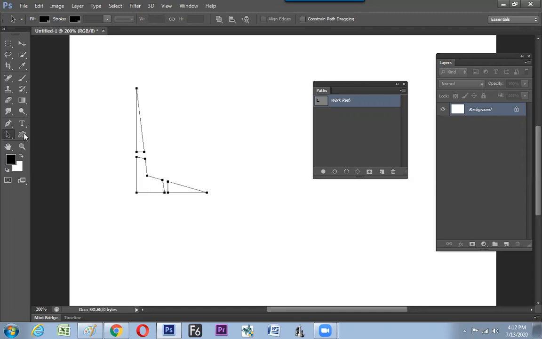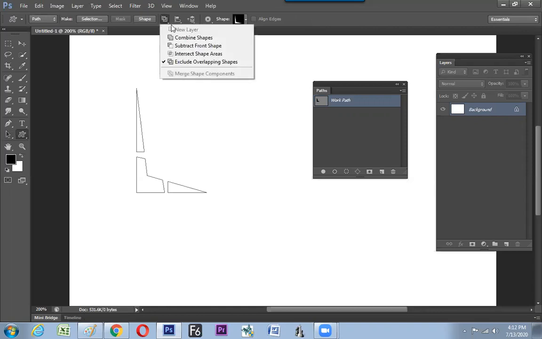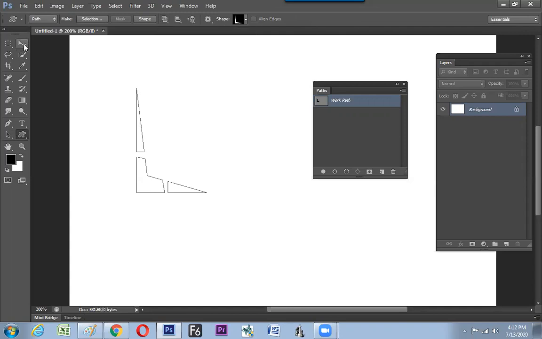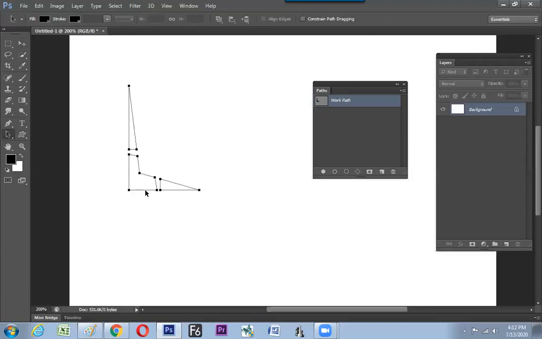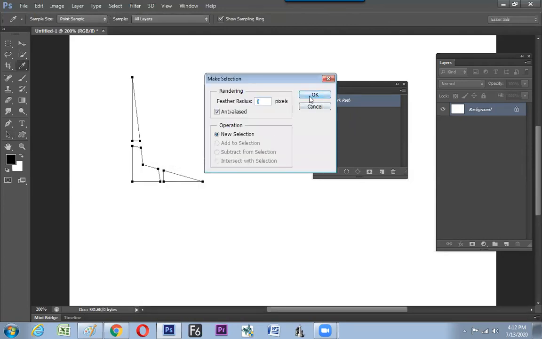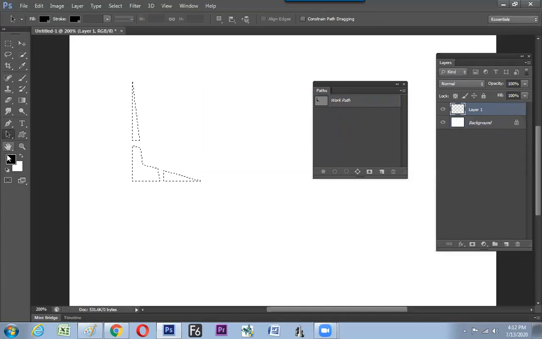Now, once the shape is generated, this could be done again in a different method. Again, addition and subtraction could be started again. You can convert this into a new design. That is also possible. Now select this. And how to convert this shape into a selection? We can convert it into a selection by giving a right click and make selection. Go for OK. Just turn up. Take a new layer, choose your new color and fill it up on the screen by Alt Backspace.